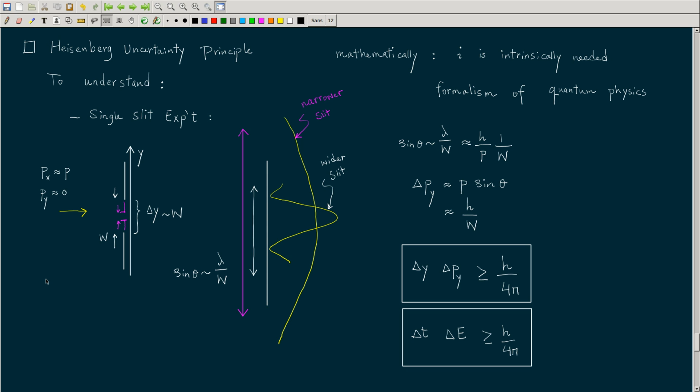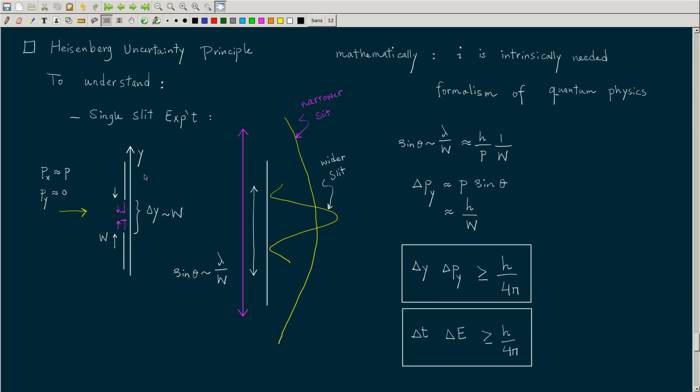Alright, the next and last concept that we're going to talk about is the Heisenberg uncertainty principle. This is mathematically the first time that i, the square root of -1, is intrinsically needed to write down the formalism of quantum physics. It's just a side note. So to understand this Heisenberg uncertainty principle,